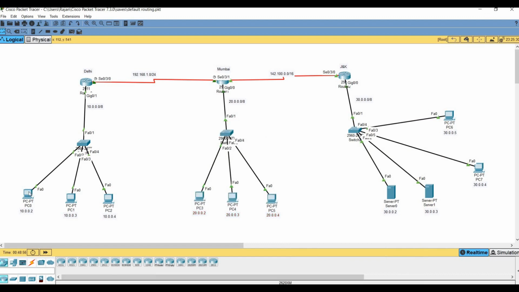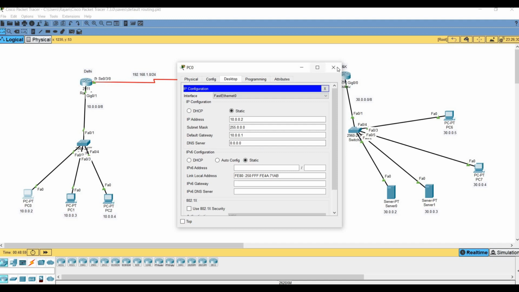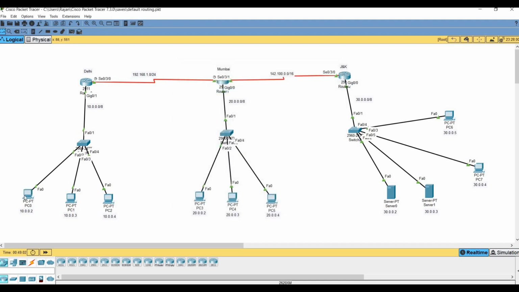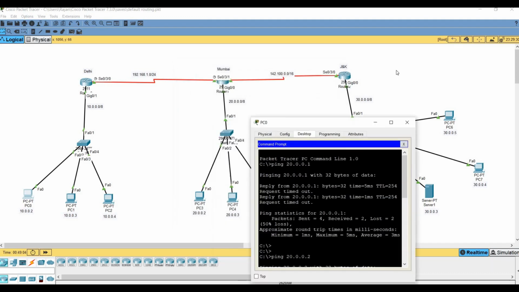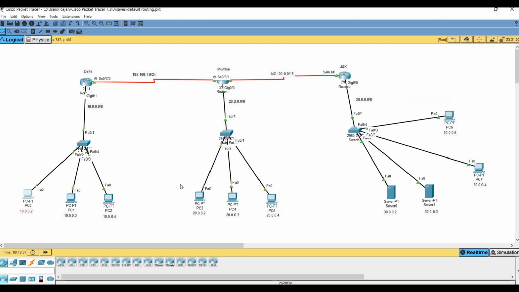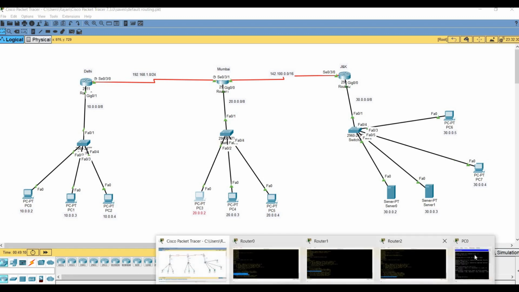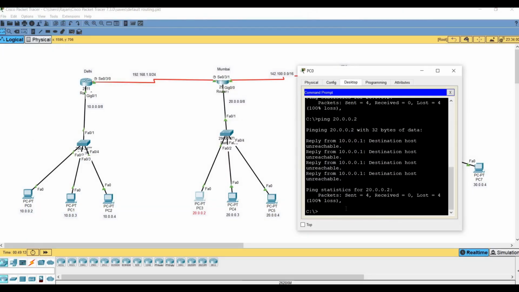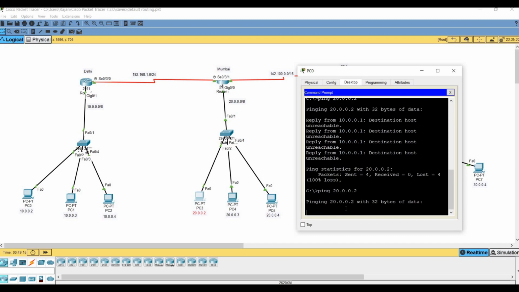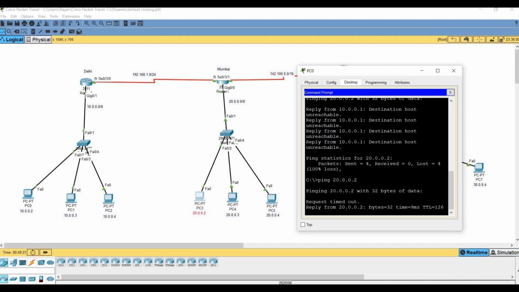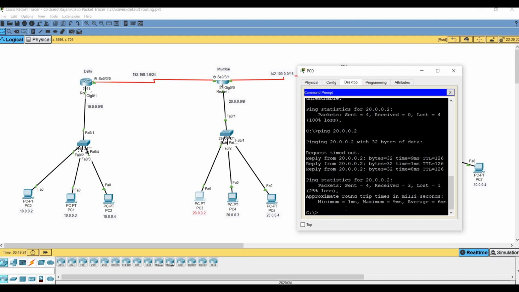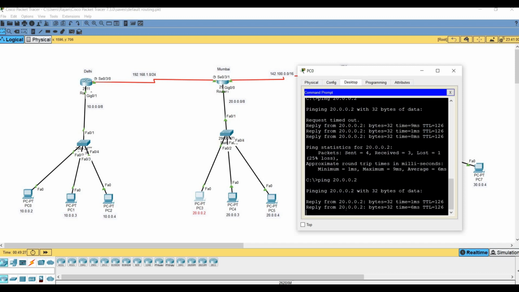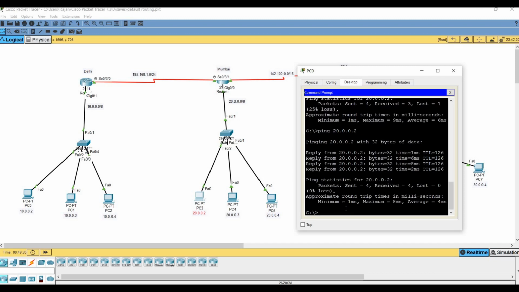Let's check. First we check that the IP is assigned. Yes, IP is assigned. I want to ping from this system to this system. Let's check whether it's working or not. Enter. The first packet will be dropped because it maintains ARP. Yes, we can communicate easily with the help of static routing.